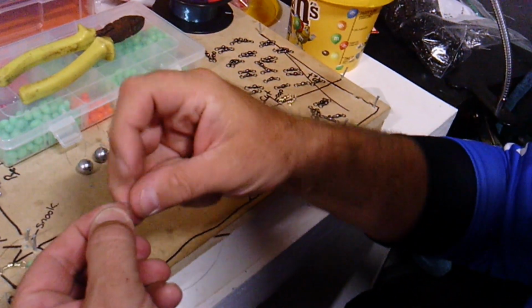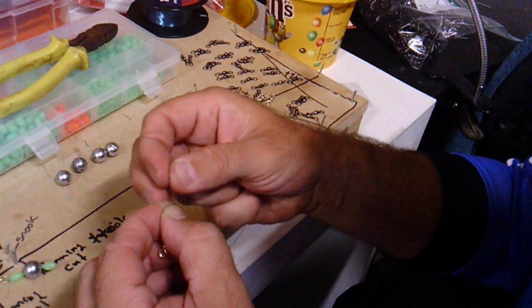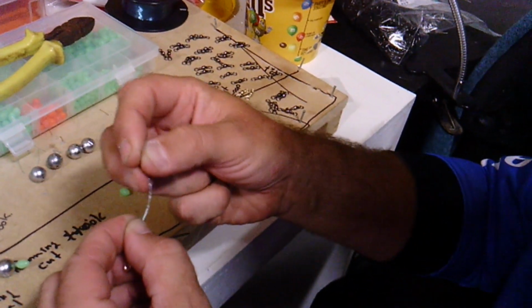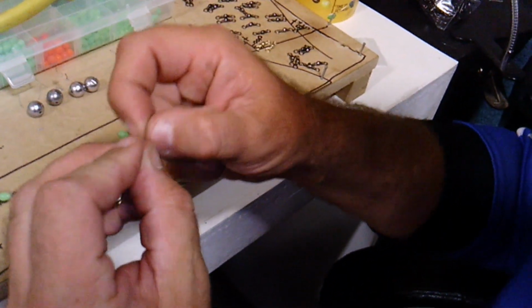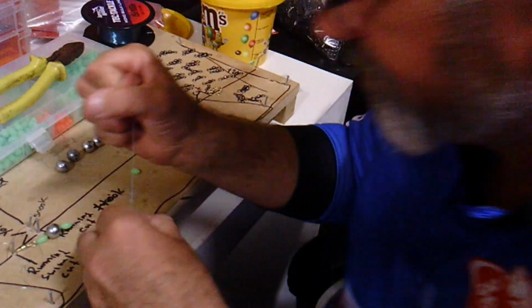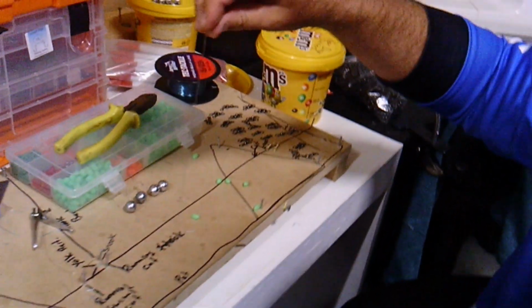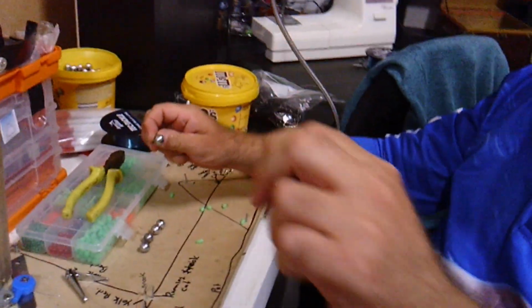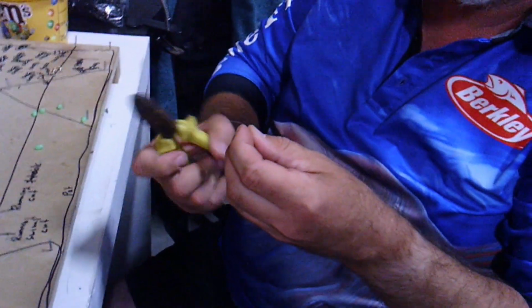So once again, finger through, 1, 2, 3, 4, 5, 6, 7. The reason I do this one is it prevents slippage as well. And the last thing we want is to have fish of a lifetime and have the knot slip out and through like that. Now, as you can see, there's our knot, and it is protected on each side by our beads. So now we get our cutters and trim that tag,